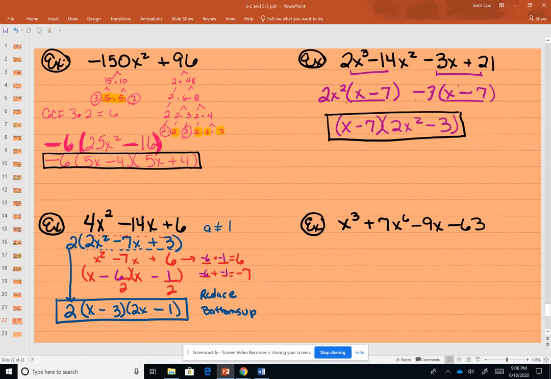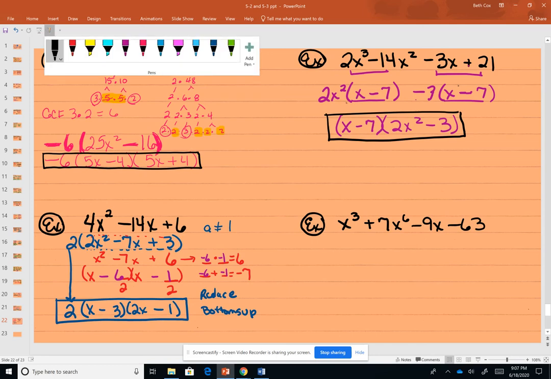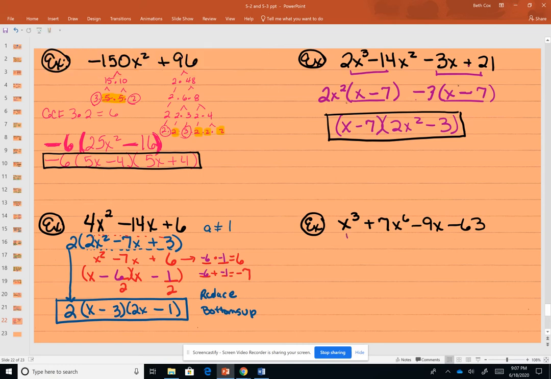Okay, this one looks interesting. Okay, let me make sure I copied it right. I'm thinking maybe I did. All right, do we have a GCF all the way down? No. So again, grouping. Okay, so these two, we'll group these together. What's the GCF of those two? It would be x to the third. Okay, so x to the third, and that's going to leave me with a 1, my bad,